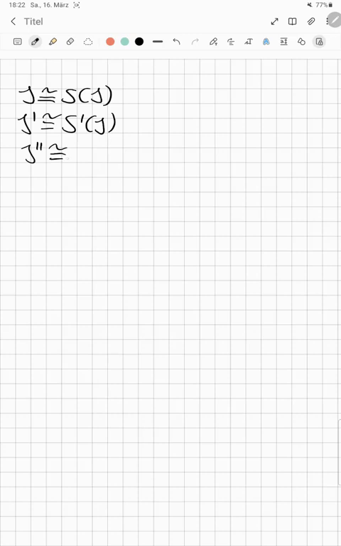And if you remember the identifications from part 4, then you will know that since J now has a monotone and shrinking basis, we get the following identifications. J will be isometrically isomorphic to Sj, J dash to S dash of J, and J dash dash to S dash dash of J. One thing to note straight up is that the norm